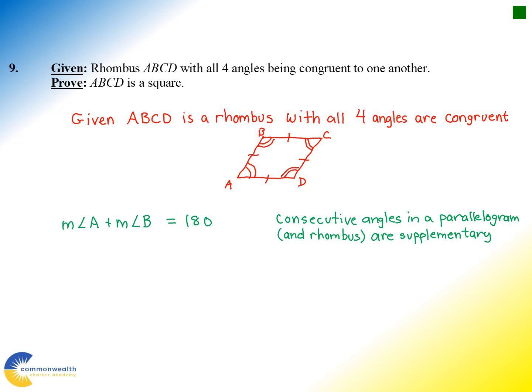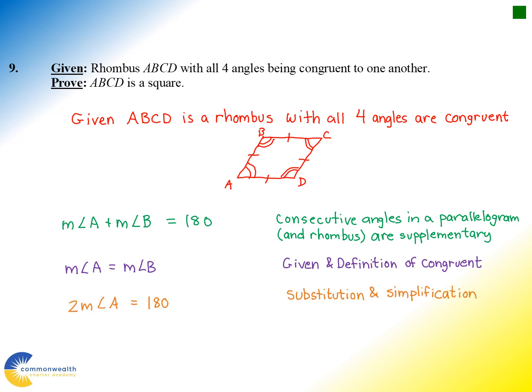I do know that the measure of angle A plus the measure of angle B should equal 180 degrees. And that's because consecutive angles in a parallelogram, which a rhombus is, should be supplementary. I also know from given information they're congruent to each other. So by given information and the definition of being congruent, the measure of angle A is the same as the measure of angle B. Therefore, by substitution and simplification, I can come back to this first one right here,